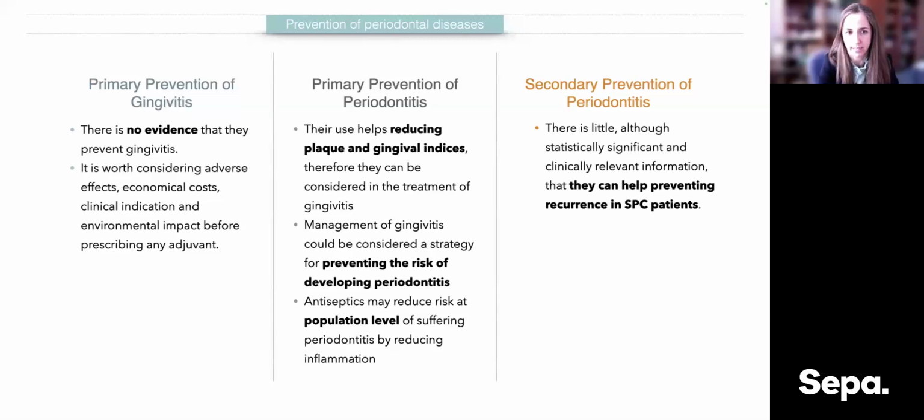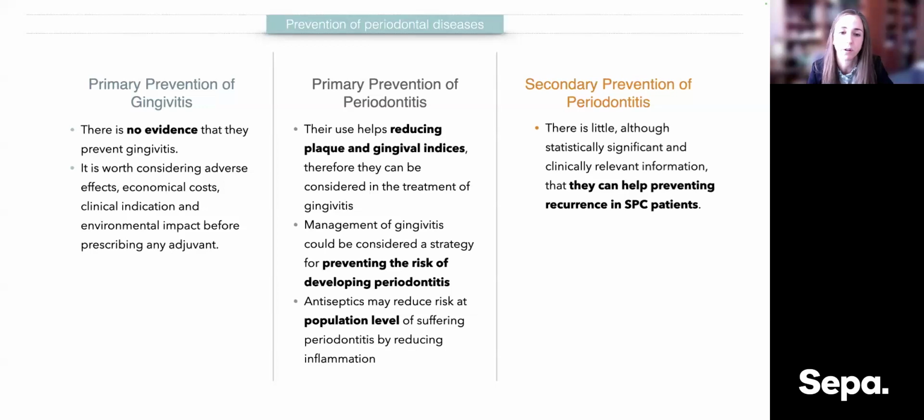What I was going to say is that, as I did in the part of the treatment, I will try to summarize this prevention part. First of all, in regards to the prevention of gingivitis, there is no evidence that antiseptics help in the prevention of gingivitis. And of course, all the side effects must be taken into consideration, as well as the cost and the environmental impact. But there is a point in the use of antiseptics as part of the prevention of the onset of periodontitis and the recurrence of